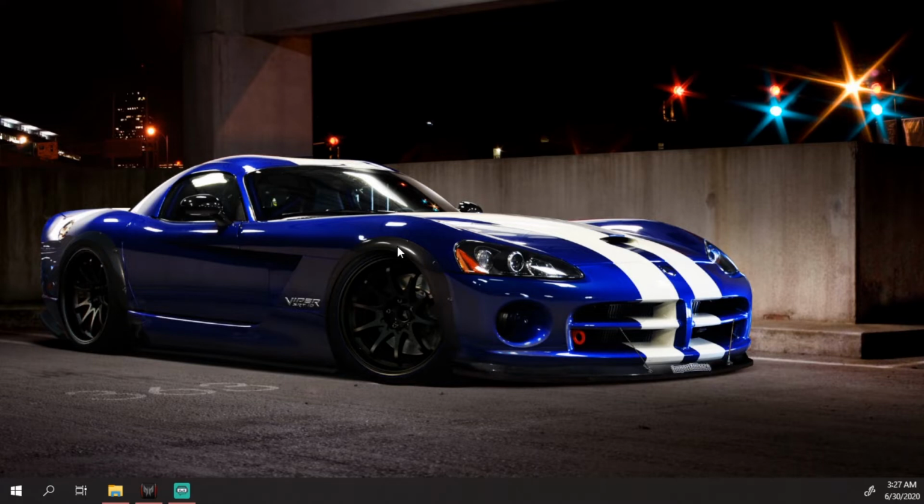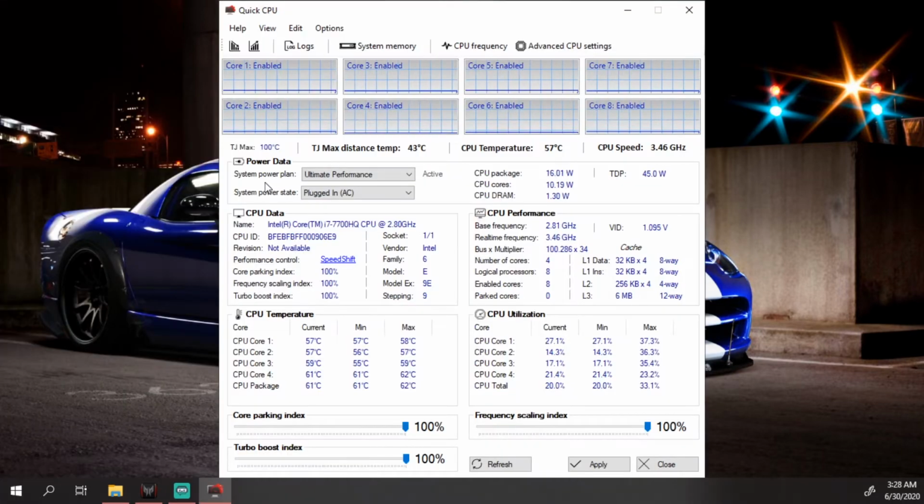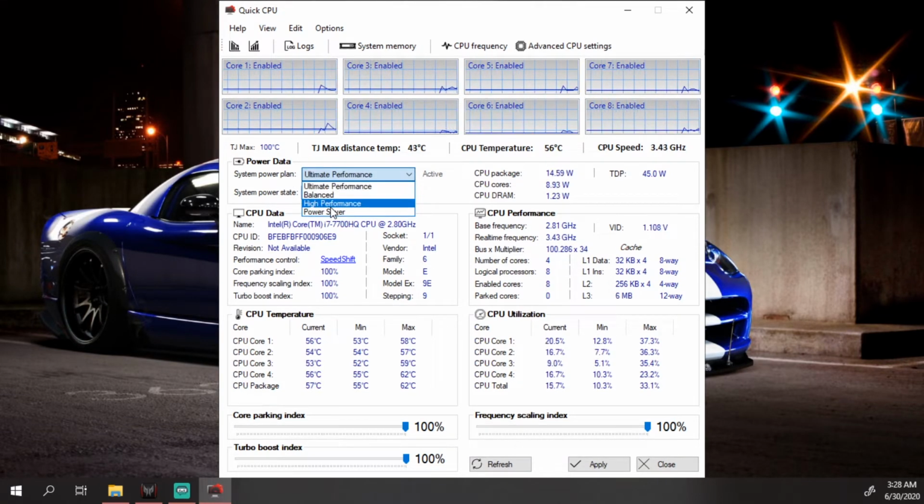That would be Quick CPU and Timer Resolution. I'm gonna give you guys the link to those software in the description below, so you guys should be downloading them and using them. So let's start with Quick CPU. I'm gonna open up my Quick CPU. So on the system power plan, you guys should have ultimate performance or highest performance. If you guys have ultimate, just go with it, or enable ultimate performance mode. And on core parking index, you guys should have it scaled to 100%. Same with the turbo boost and frequency, all 100%. Click apply